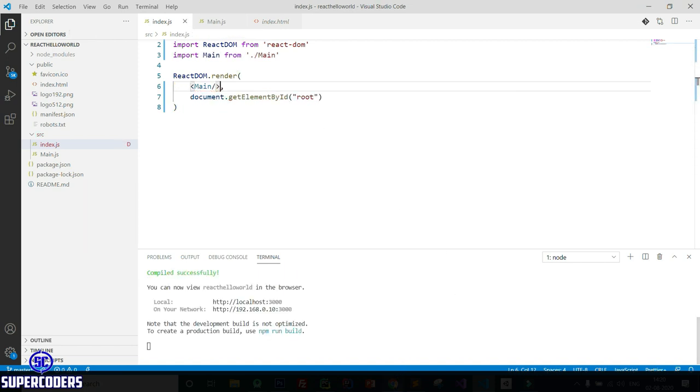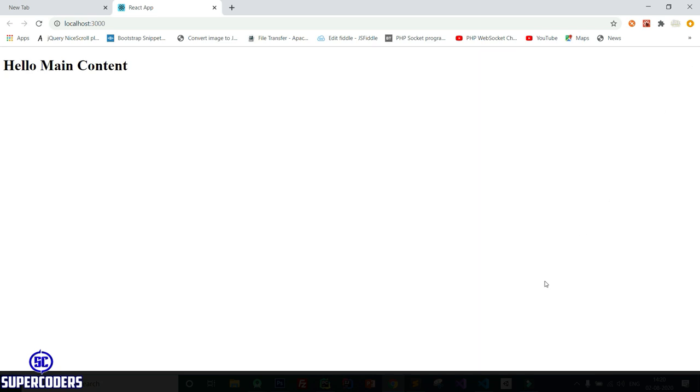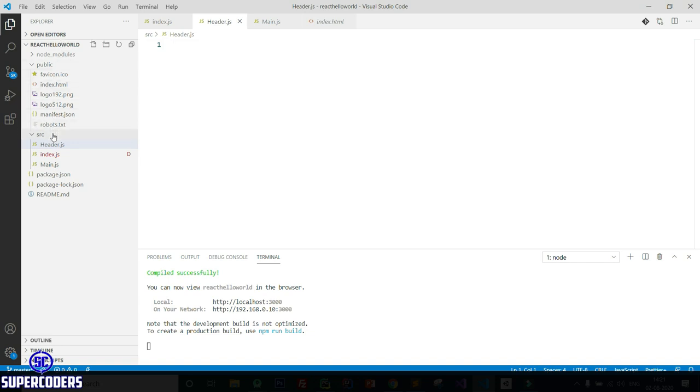So this is my simple page with component of main. Now let's create some other components which I saw in my presentation. So again come here, then click on new file, adding first header.js. Again create a new file. So giving file name sidebar.js. Again giving a new file